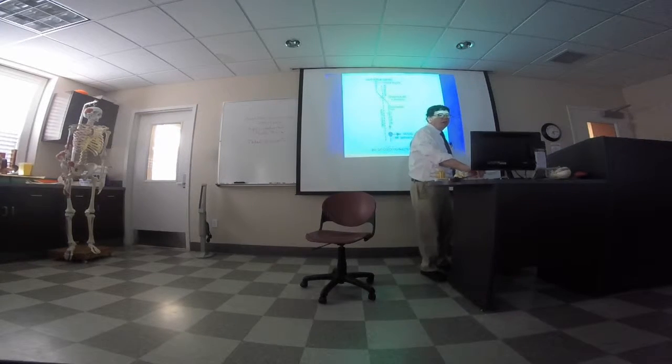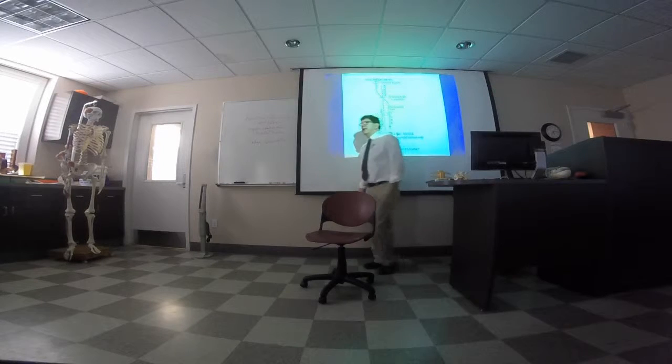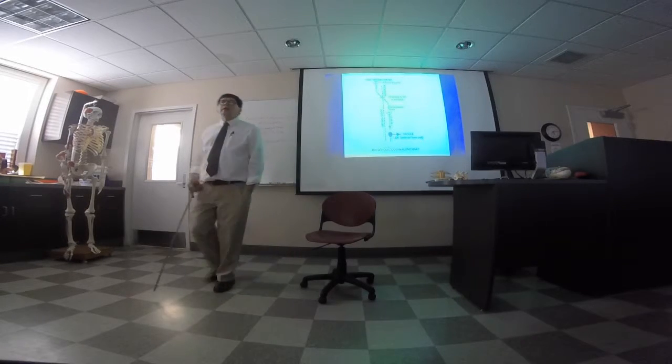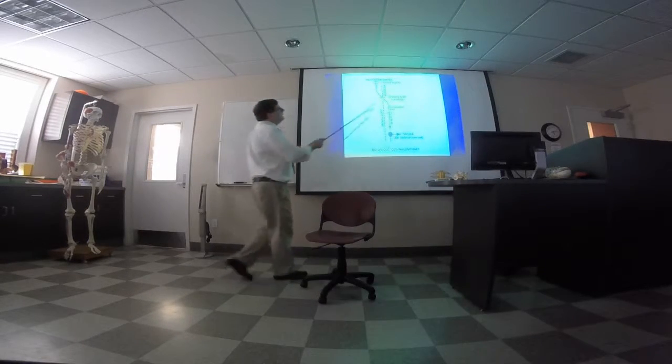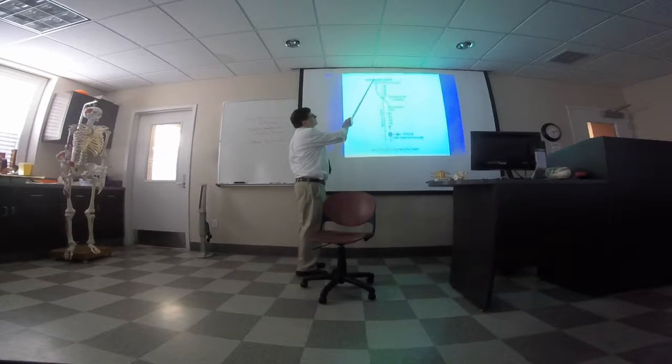Okay, now let's remember the somatic motor pathway. Upper motor neurons begin in the primary motor cortex. They travel via corticospinal tracts on the internal capsule down to the brainstem. These tracts cross at the medulla, and in the spinal cord,